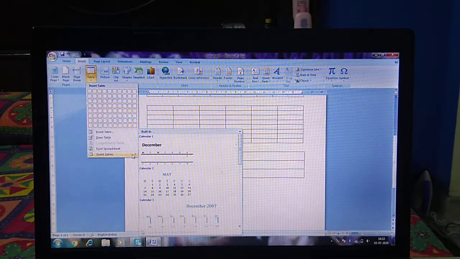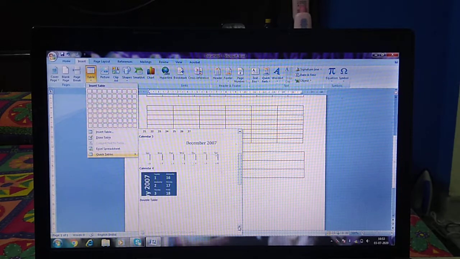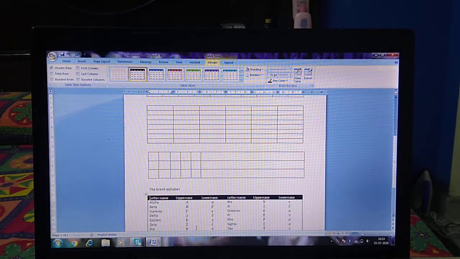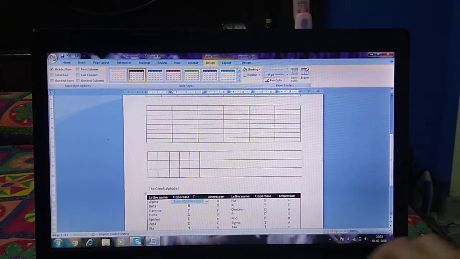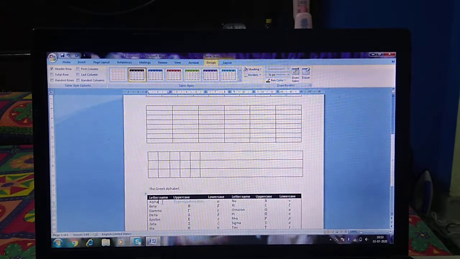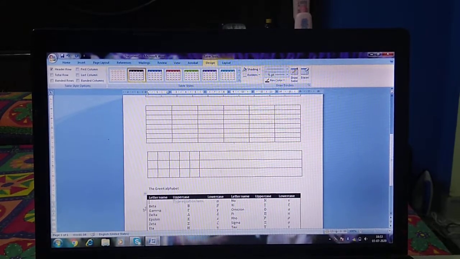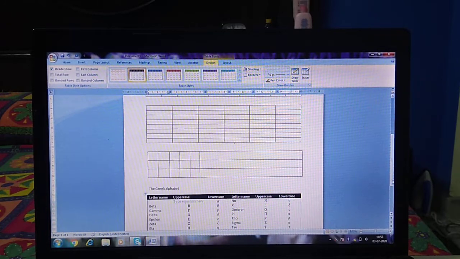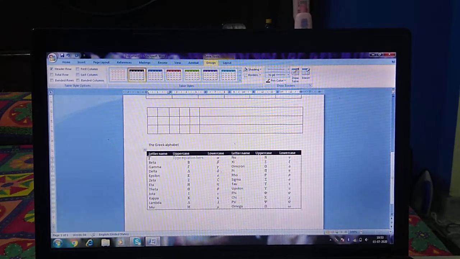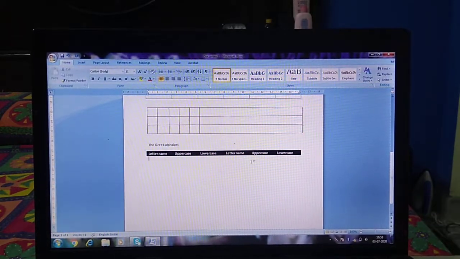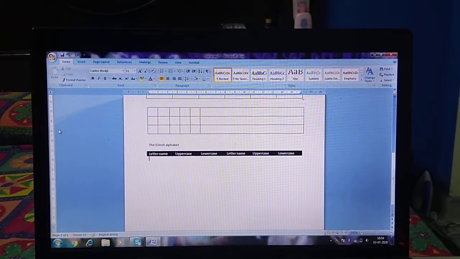It means some table templates are already there, you just have to select which type of table you want. Like this type of table we want, so we get one table from it, and just update the data. Just put the backslash and empty the data from the table. Fine, this is the fourth way.